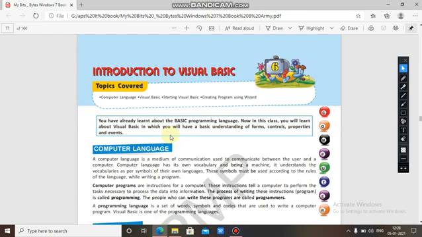A computer language has its own vocabulary, and being a machine, it understands the vocabulary as per the symbols of its own language. Just as we have our own vocabulary, the machine has its own, but it understands the vocabulary as symbols. The symbols represent the vocabulary for their language. These symbols must be used according to the rules of the language while writing a program.